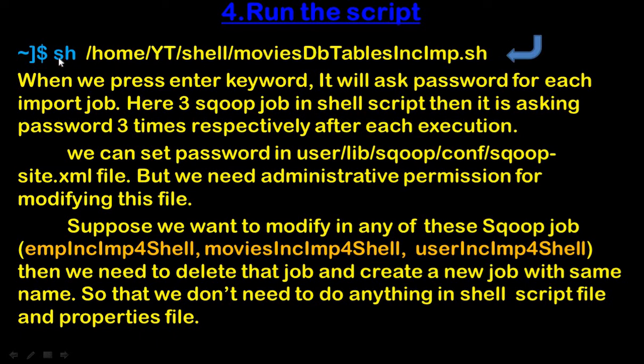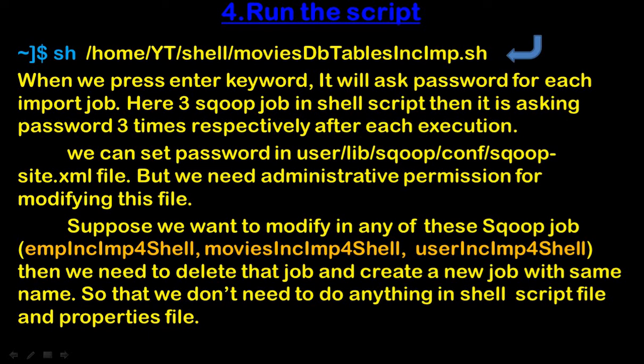So like this way we write sh space the path of script file, and this is the path of our script file, and when we press enter, then it will ask us to enter the password. So when we press enter, then it will ask for the password for each import job. Here there are 3 Sqoop jobs in the shell script, so it is asking for the password 3 times respectively after each execution.